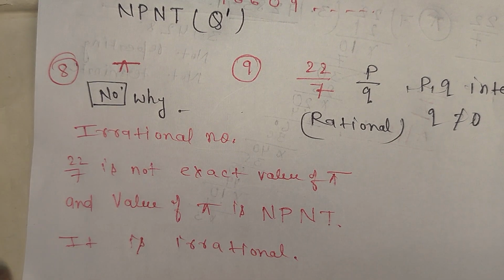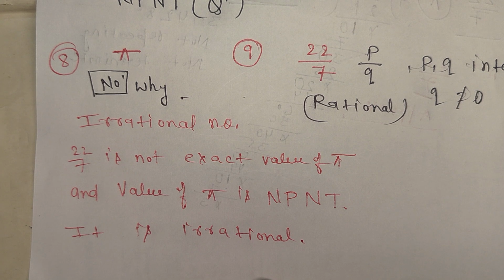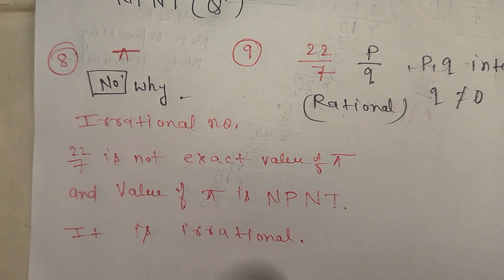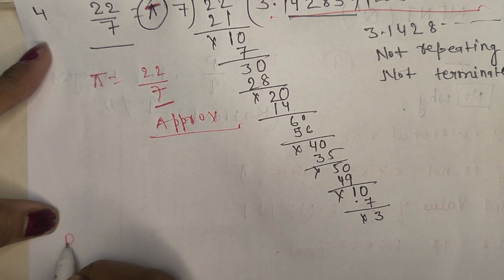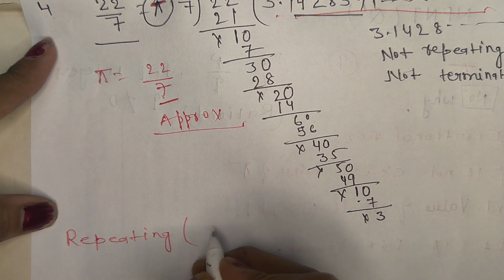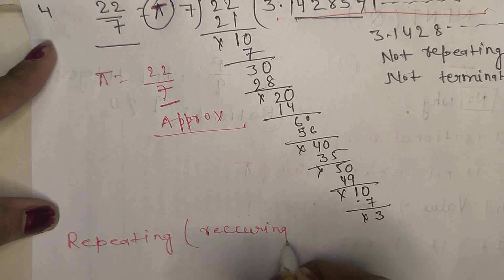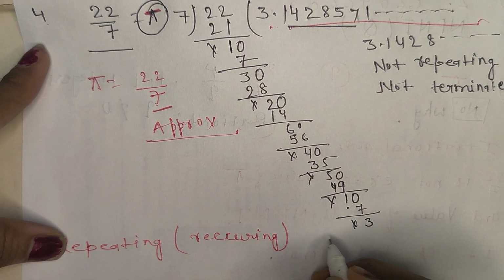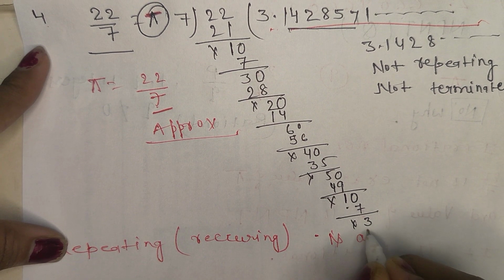Rational number. We know that repeating and recurring is also known as, is also called